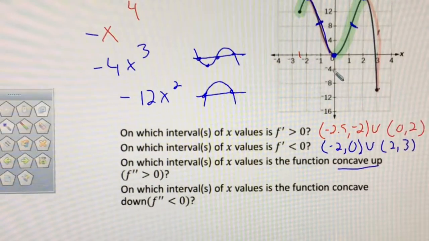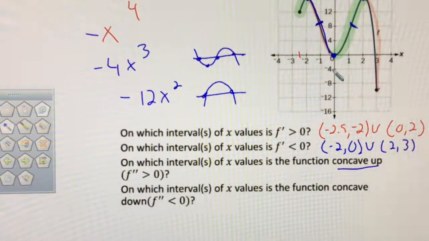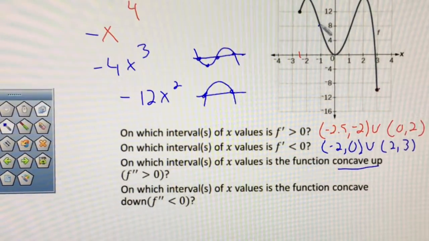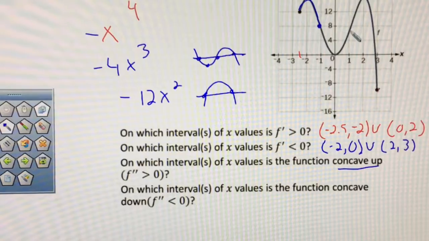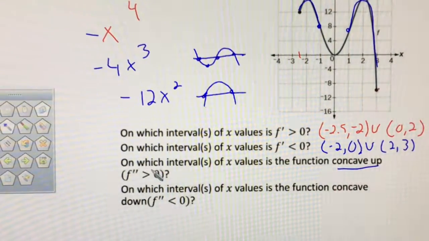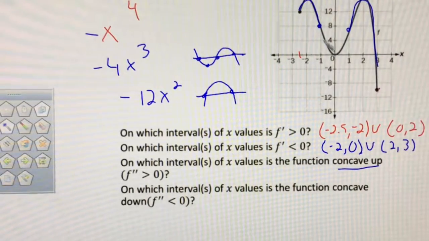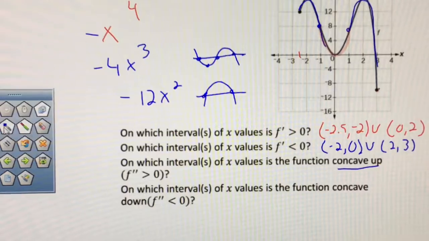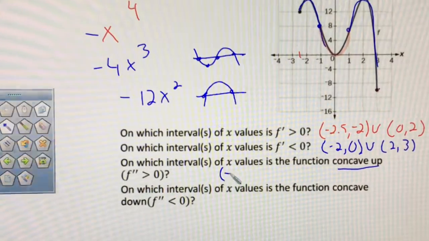Point of inflection is where it goes from concave down to concave up. All right? So we can get it from points of inflection. So notice it's concave down here. It's concave down here. Well, which intervals is the function concave up? So right there I got it. It's concave up on this little portion from here to here. See it? That's where I say sometimes it'll hold right. So it'll hold right from negative 1